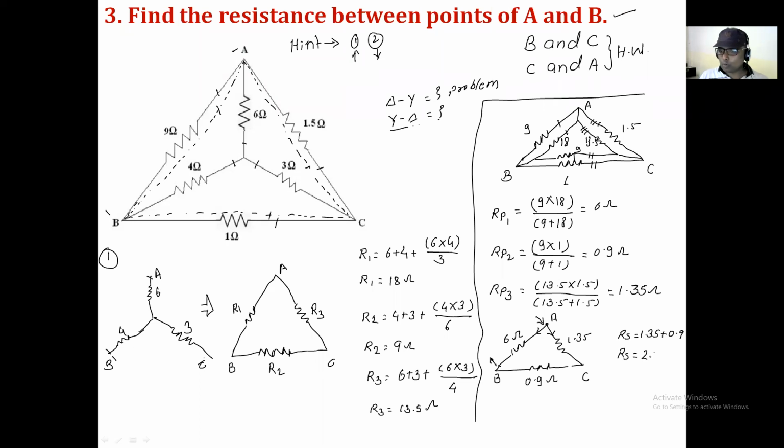2.25 ohm. Now this 2.25 is in parallel with this 6 ohm resistance. So can I say that here R_AB, which means the resistance in between the point A and B, is equal to 6 multiplied by 2.25, the product of the two resistances, divided by the sum of the two resistances, 6 plus 2.25, which is equal to